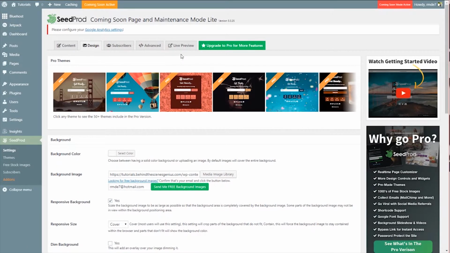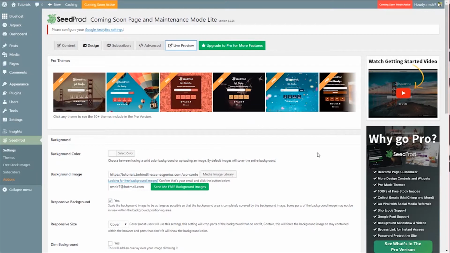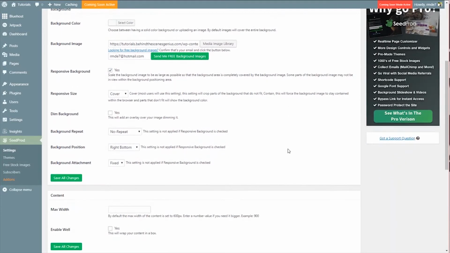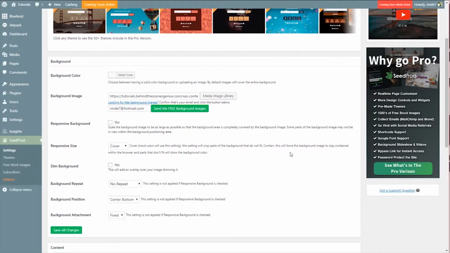And the cool part about this one is that you can click this live preview and it will open for you just to get an idea of what it looks like. So I'm going to make a few tweaks to the background to see if I can get this to fit a little differently. Okay, so now that I've made my tweaks with the background, and this is just a matter